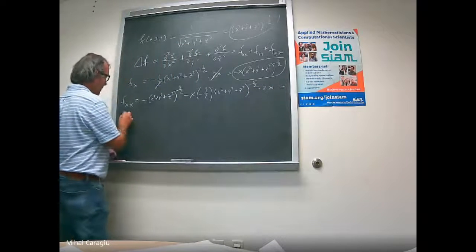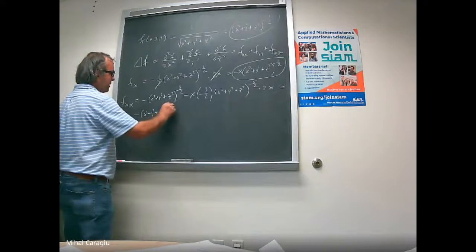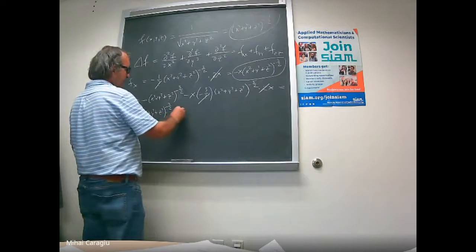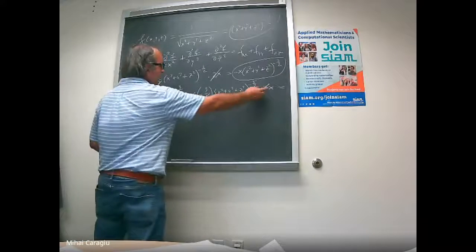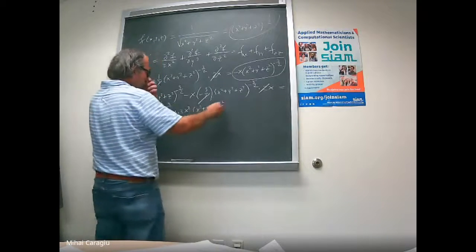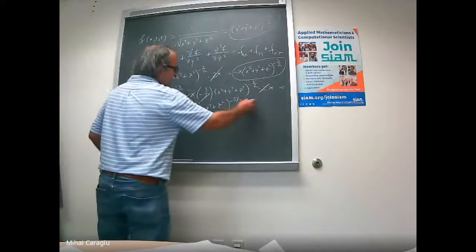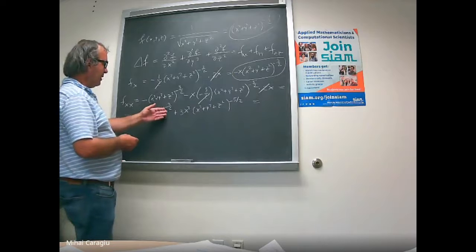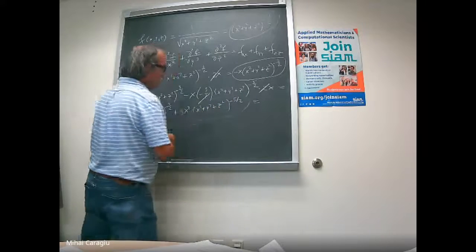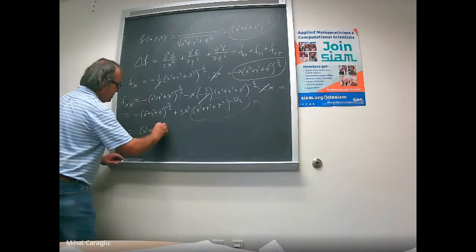So let's simplify whatever we got so far. It equals minus quantity x squared plus y squared plus z squared to the power minus 3/2. Divide this 2 with a 2, minus and minus a plus, 3x squared, because we have 3x times x, times x squared plus y squared plus z squared to the power minus 5/2. Let's simplify this. One of the two exponents is to the power minus 3/2, and we get to the power minus 5/2. So let's take this to be the ground state, so to say, and make it a common factor. So this will be minus quantity x squared plus y squared plus z squared to the power minus 5/2